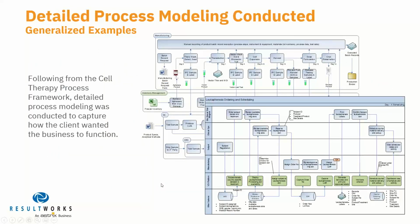So, which we did. Taking things down a level, we did a lot of detailed process modeling work, thinking about the leukapheresis ordering and scheduling process. We developed swim lane diagrams, defining what part of the organization was responsible for what, and what systems were either used or were needed